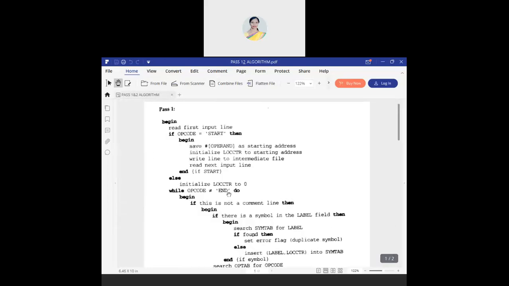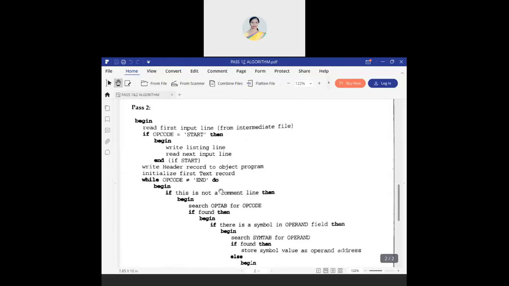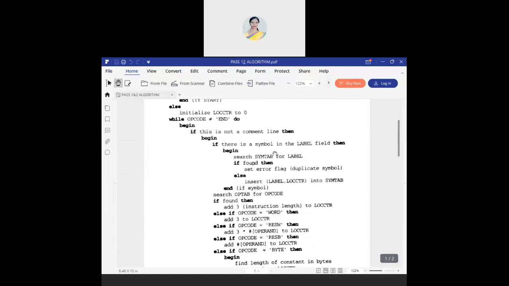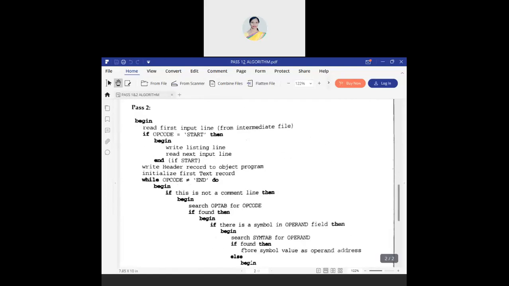Okay, pass 1 and pass 2 compulsorily come in the exam. This is the place where you get easy marks. If you know how to do the problem, then this is nothing. The way you do the problem, the same way they have written here. Fine? Any doubt? Pass 2, please read it back.